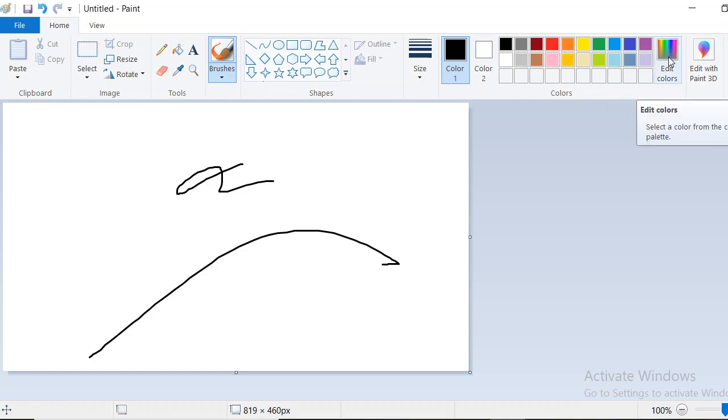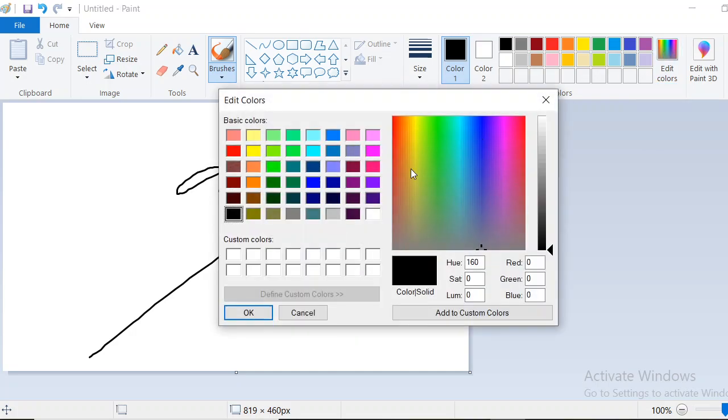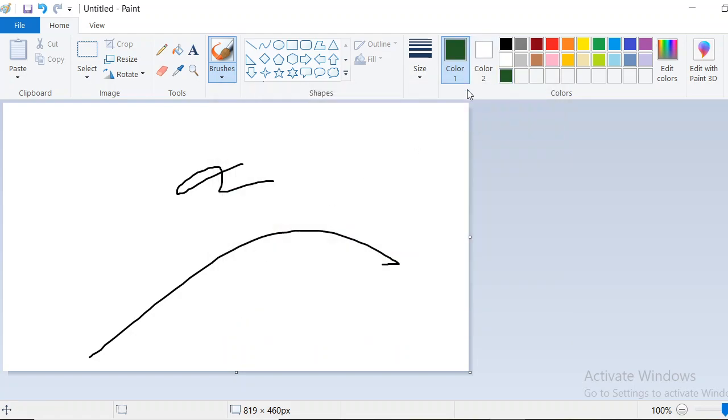When we select edit color, we can select a color. When we click on edit color, a dialog box appears. You can select your favorite color, and we can adjust the darkness or shading. If you want a lighter shade of the same color, we can just move the mouse pointer and select it, light shade or dark shade, whichever we need. Then just click OK. That color will be displayed in color 1.